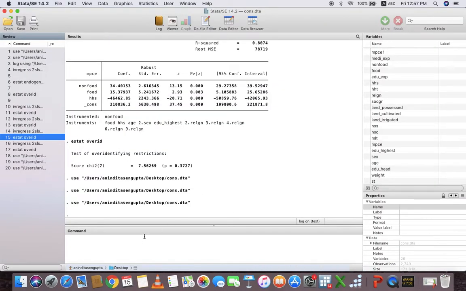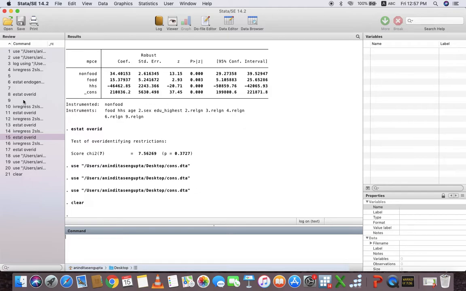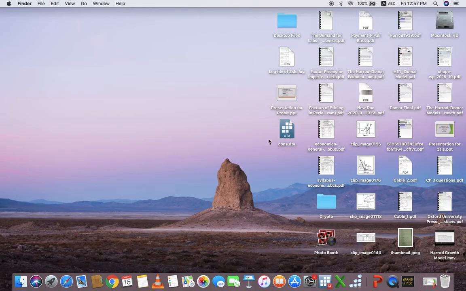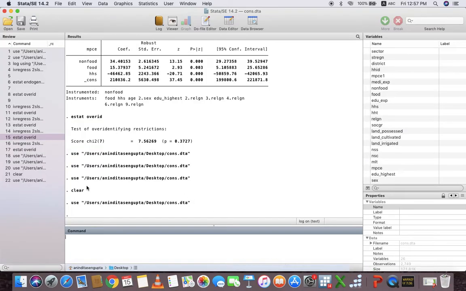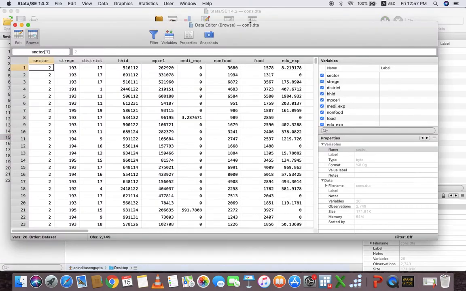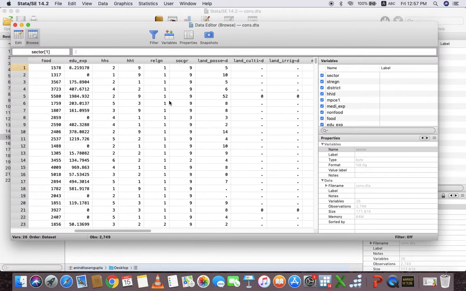So, this is actually our data. Here we can go through the data editor. This is actually our data.